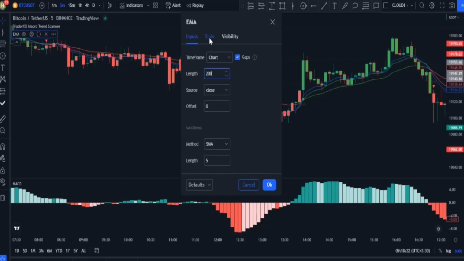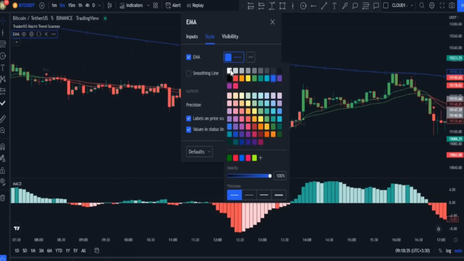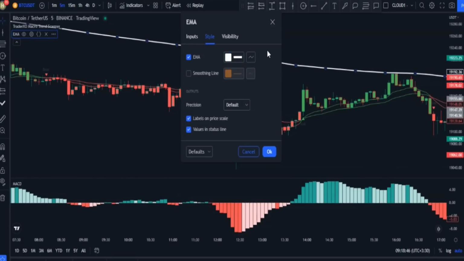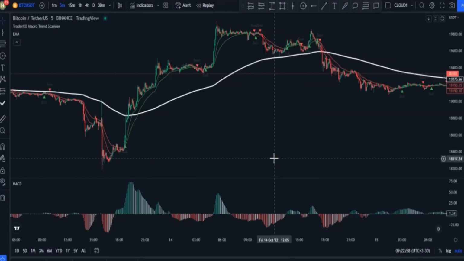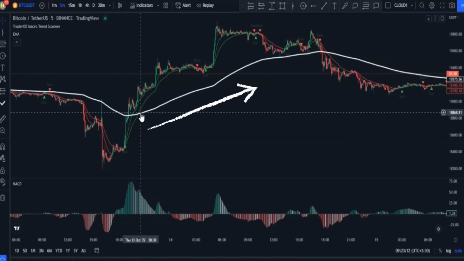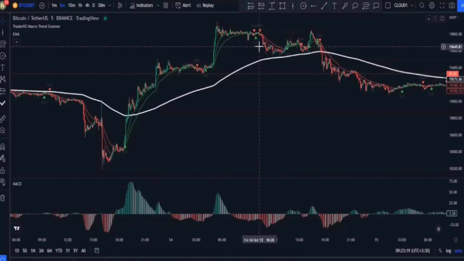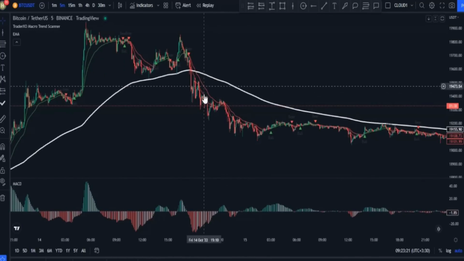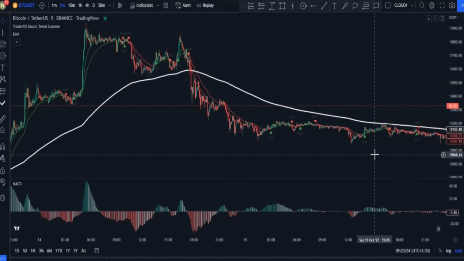Next, in the Style section, change the moving average line's color to white and make it a little bolder so it can be seen better. This moving average line actually shows us the direction of the market's trend, and if the price is higher than the moving average line, it means that the trend of the market is upwards. And if the price is lower than the moving average graph, it says that the trend of the market is